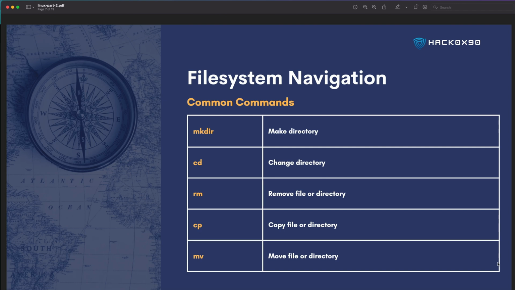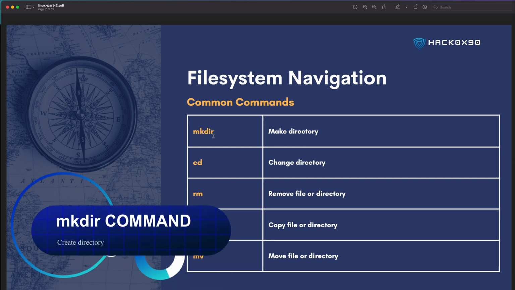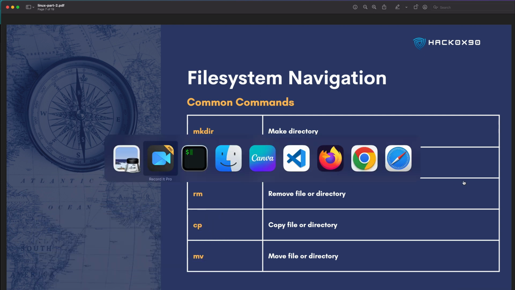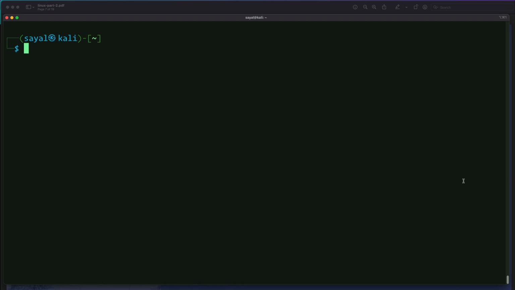This is part 3 of this Linux video series और इस पार्ट के अंदर हम फाइल सिस्टम नेविगेशन कवर करेंगे. The first command we'll discuss is the mkdir command और mkdir command के ज़रिए हम directories जो है create कर सकते हैं. So let's go to our terminal and let's take the listing,